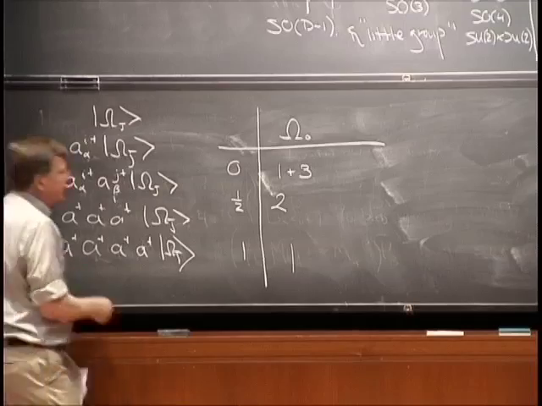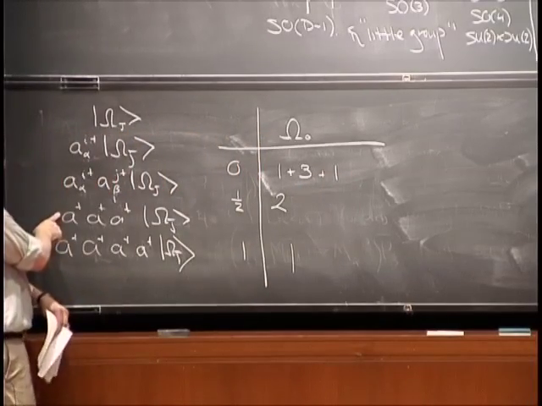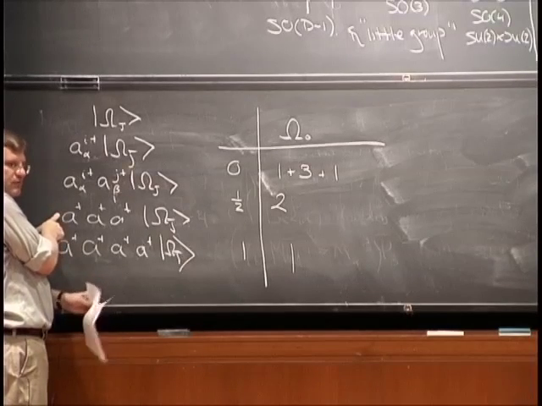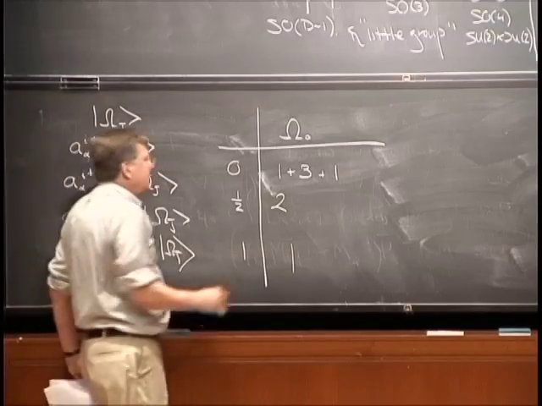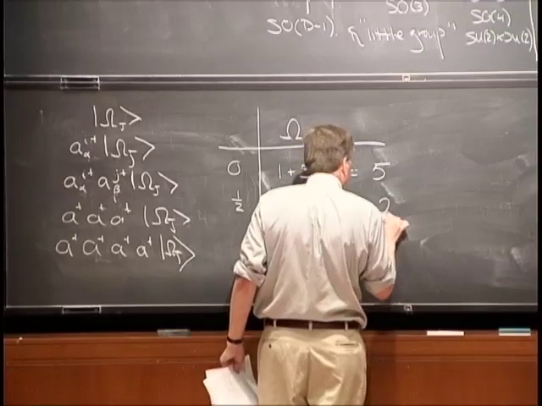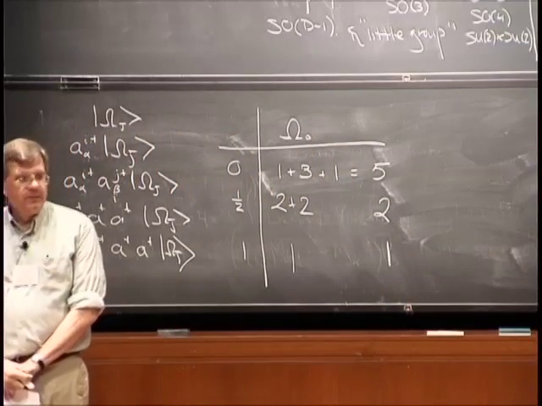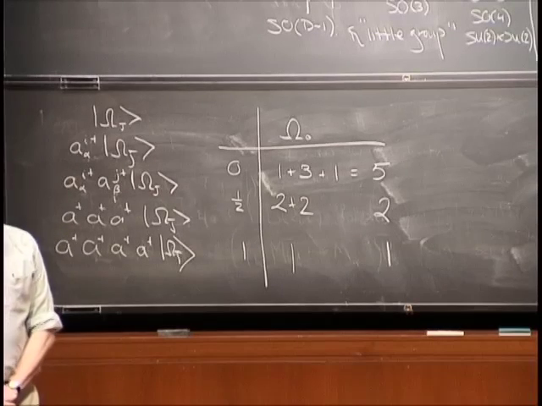There's one state down here. And this state can be thought of as this state minus one of them. And there's 2 states worth of things that take away a state, which takes away a spin. And so there's 2 here. And so this is a state which has 5, 2, and 1. So immediately you see that